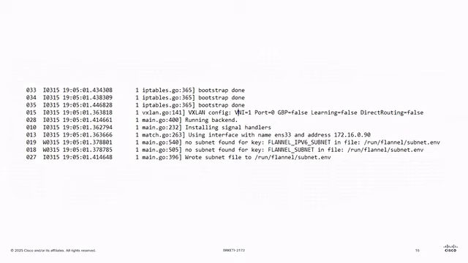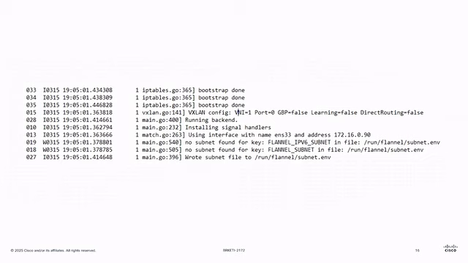If I look at this, sorry for the fine print, left-hand side is unsorted, right-hand side is sorted. And if I zoom in on the sorted side, what tops out in the top 10 is, yeah, a couple of things like "bootstrap done". This is rare, but not too interesting for me. If I read through this, there are a couple of things like "false learning", maybe. But there is something here: "no subnet found for key". If I know Kubernetes, I know that might be it. But maybe you don't know Kubernetes that well, and you still don't really have an idea.